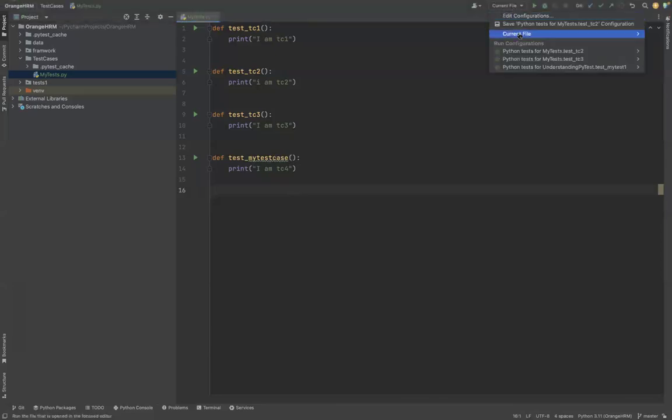So by default, I'm selecting current file. When I select current file, then all the test cases under the file will be executed. Otherwise, whatever you want to execute, specify configurations there. Okay, so we will understand the configurations part slowly. But at the same time,